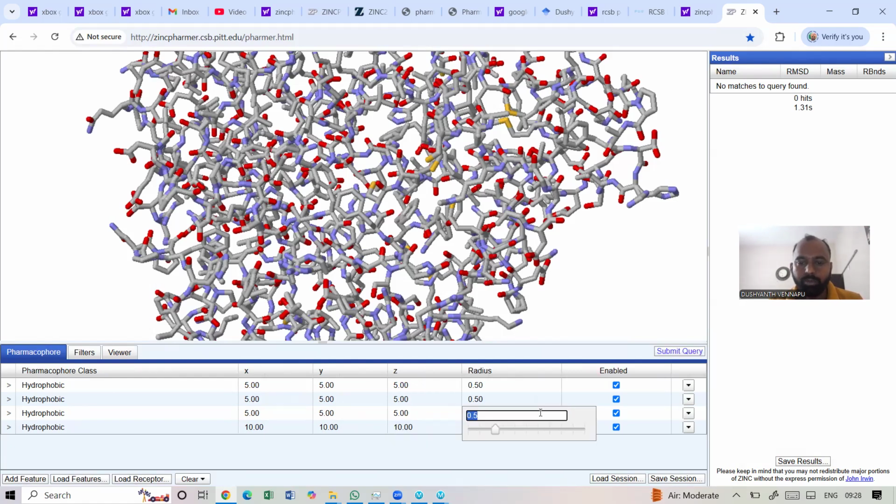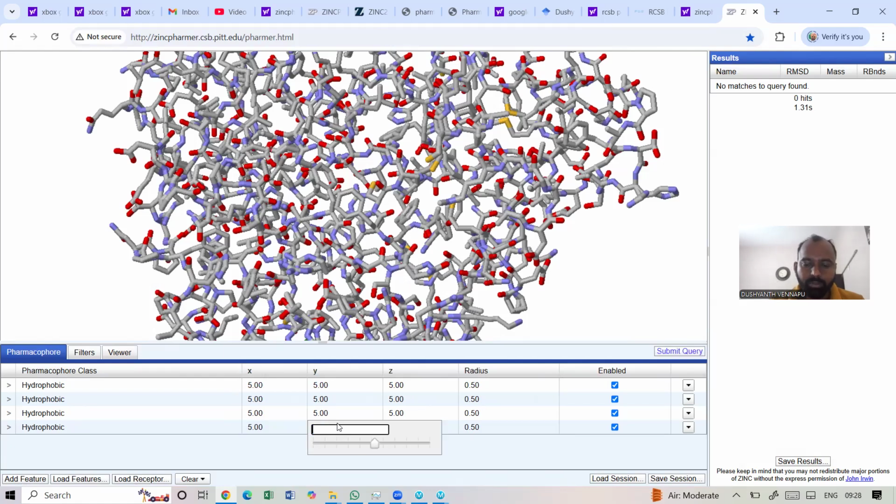You should also remember one thing: you should not be greedy and increase as many features as possible. As you increase the number of pharmacophoric features,